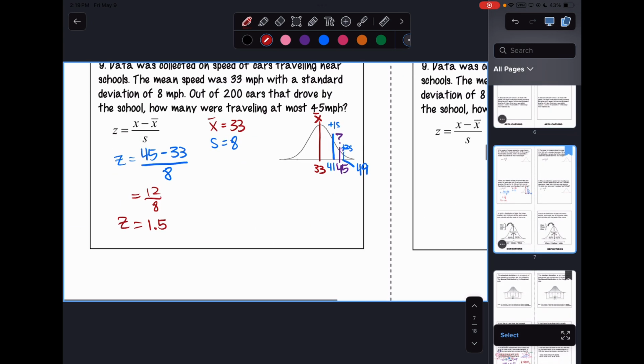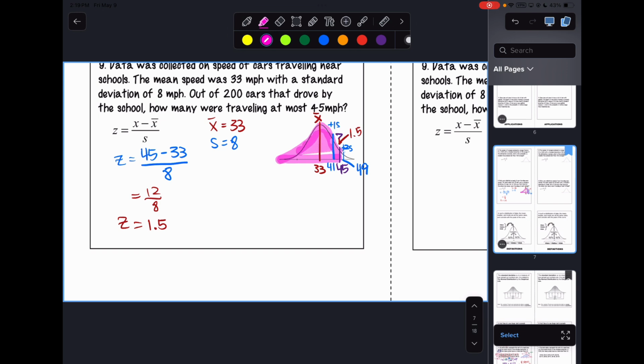There it is. Found it. Sorry, guys. I had it bookmarked. Okay, so 1.5 right here. The purple line right there is 1.5 z-score, right? So the area to the left of it,